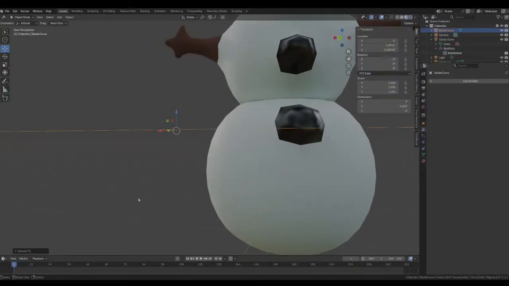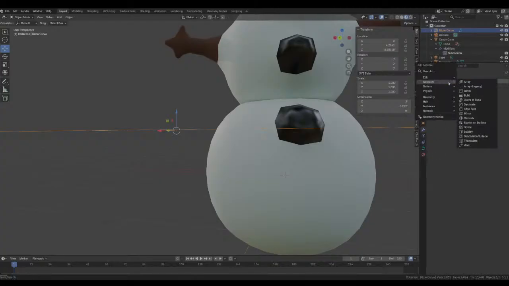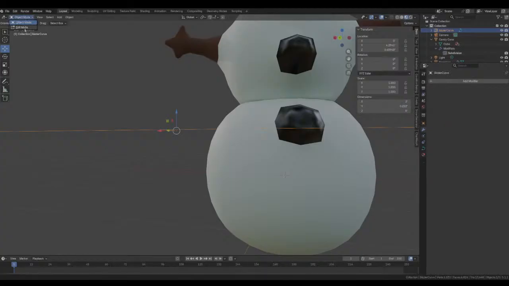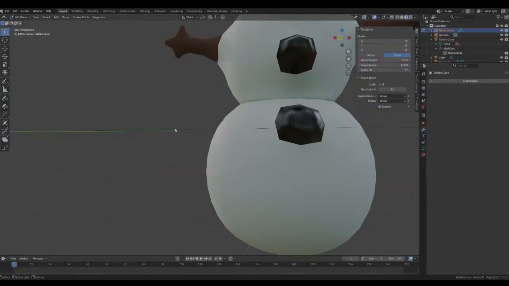That didn't do what I wanted. Okay. So there was something I was gonna show you guys, and that was curve to mesh. I could have done that, I guess. I gotta add geometry to it, and I don't know how to do that. I forgot how to do it. Maybe it's an edit mode exclusive feature. Maybe.